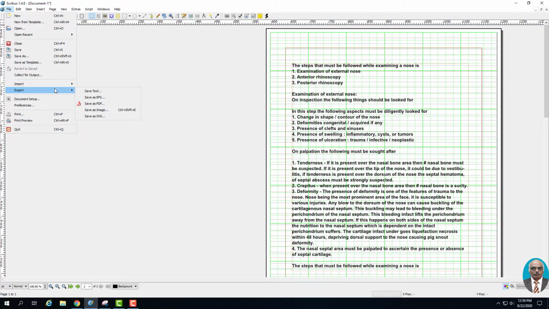Now we need to focus only on export or save as PDF. This is the common format in which the Scribus document is exported. The next common format happens to be the image format.